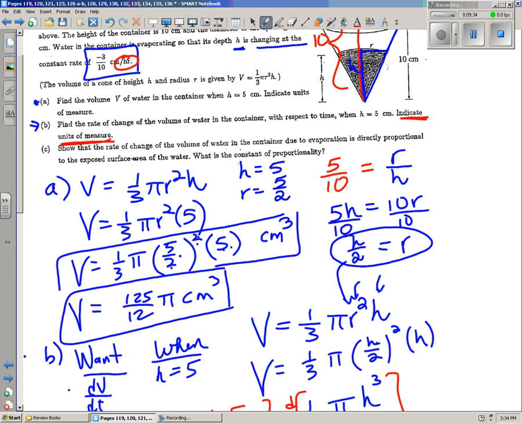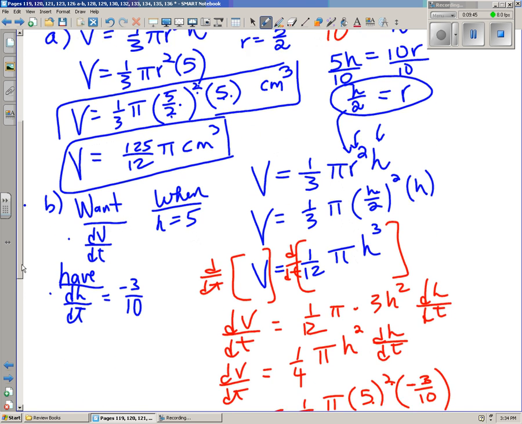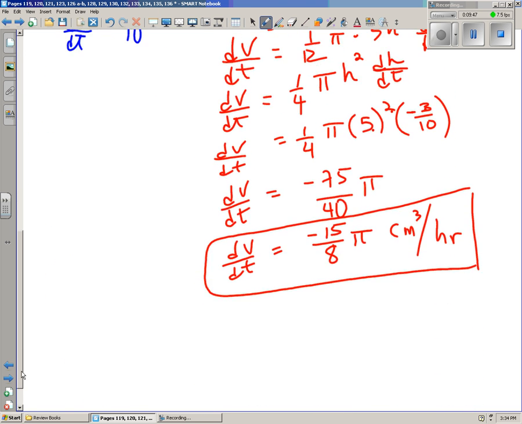All right, part C. Show that the rate of change of the volume of the water in the container due to evaporation is directly proportional to the exposed surface area of the water. And what is the constant of proportionality? Well, if we take a look at our dV over dt formula,